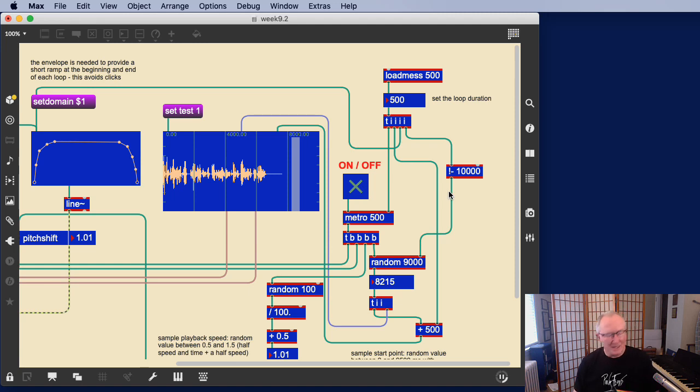Okay, let's stop it. So it's jumping around randomly. Let's make this much shorter. Let's make it 200 milliseconds. Now what's going to happen is the little slice of time is going to be 200 milliseconds instead of 500, and this envelope has been switched, so its domain is now 200, and the metro is running at 200, so